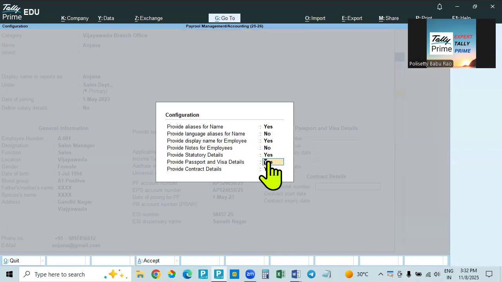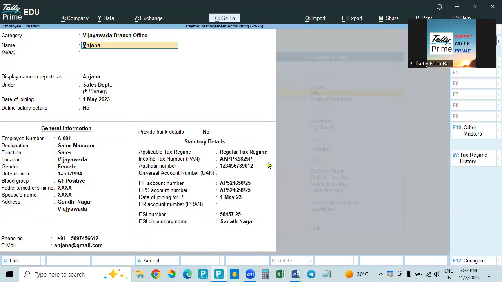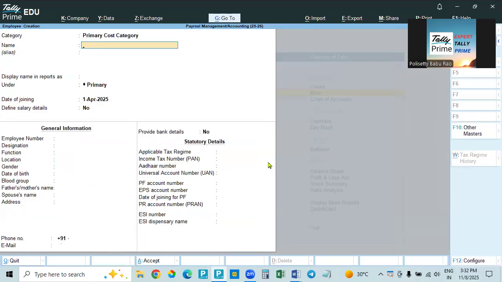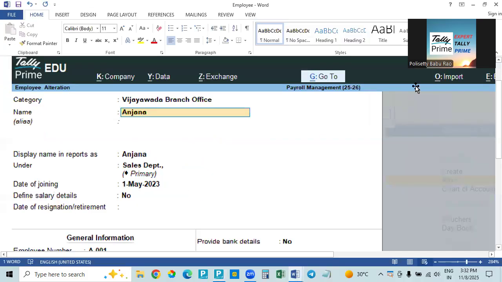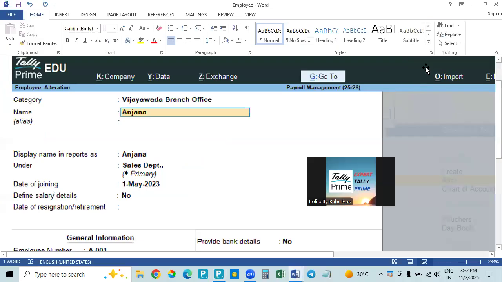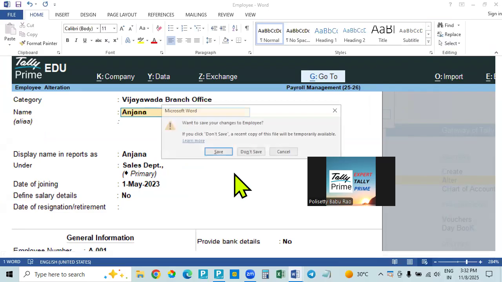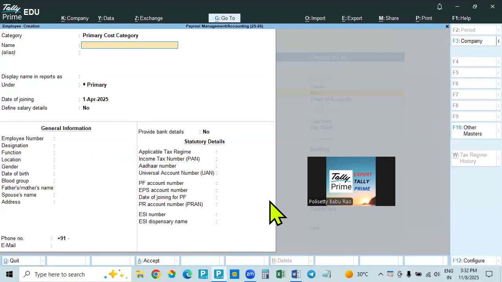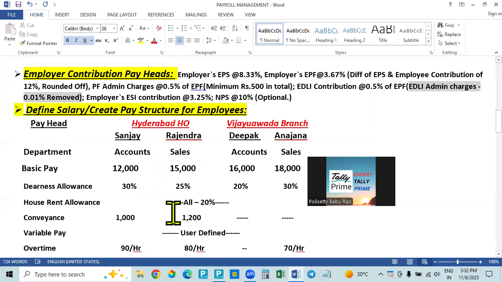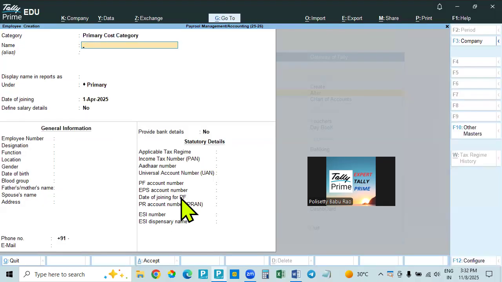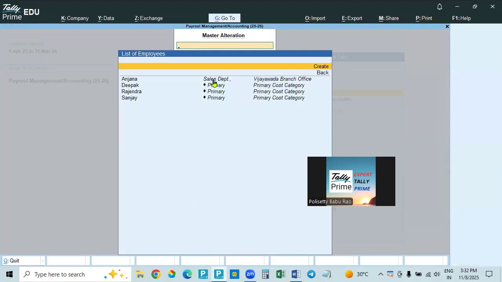So these two we will give no. In this case, it's not required. So this is about the one we have to create. So this is created. Okay. And now the others, others are already created. So in others we will go. So this is one, Sales department, Anjana, we created. The other one, we will go to